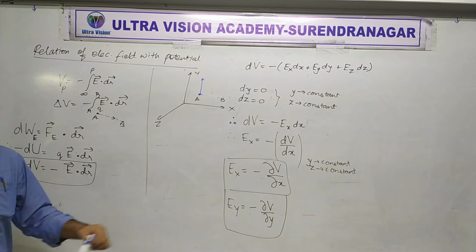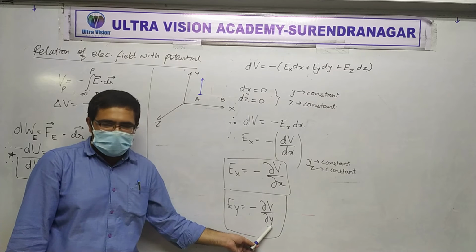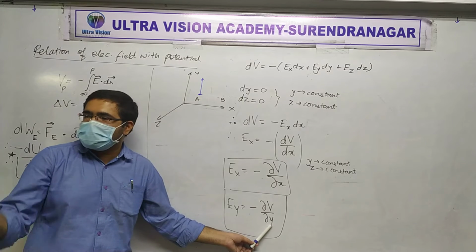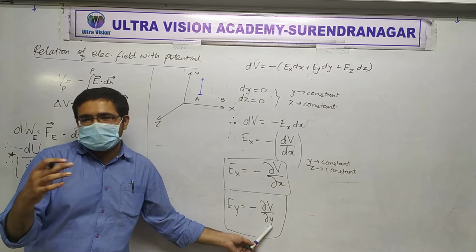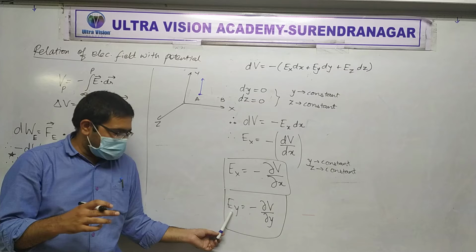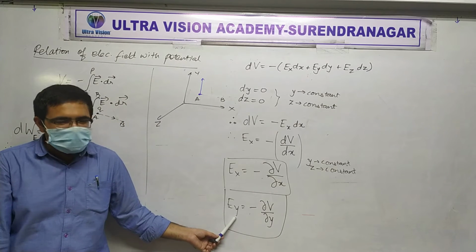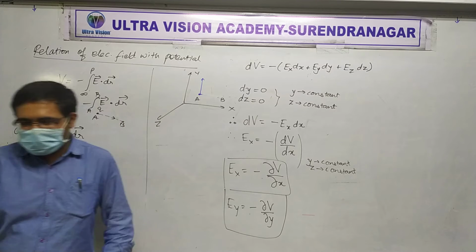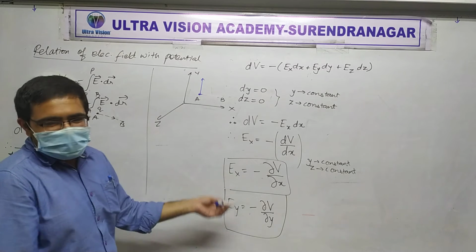Yes or no? Yes. What does this symbol mean? Do differentiation of V, that potential, with y coordinate. But consider other variables as constant. Which other variables? X and z. So if you do that and then put a minus sign, you get the y component of electric field. Method clear? Yes. Similarly for z. Once again, those who remember it from 11th, you have nothing new to learn. खाली symbol change here.